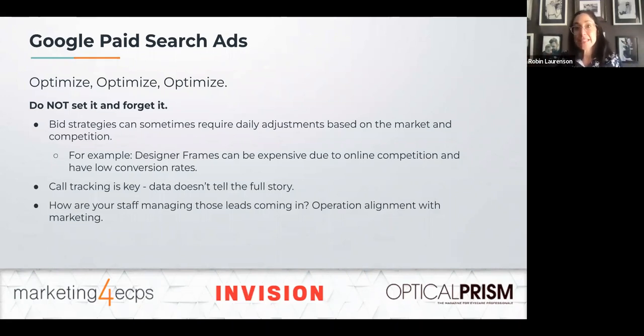So these are things that marketing is, to your point, we get the calls, we get the booked appointments, but once that phone rings, what your staff does when they answer that call, now it's like transferring the baton, right? And getting that through the finish line. So it's a marriage, definitely.